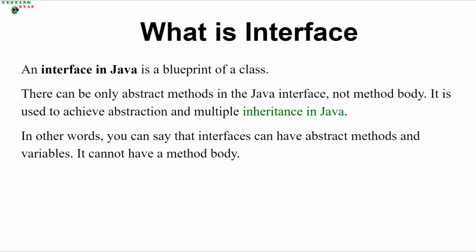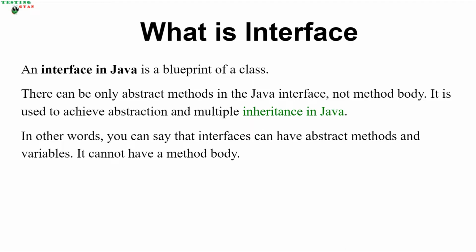So an interface in Java is a blueprint of a class. So there can be only abstract methods in an interface and no method body. So why do we use an interface? It is used to achieve abstraction and multiple inheritance in Java. So in other words, you can say that interfaces can have only abstract methods and variables,